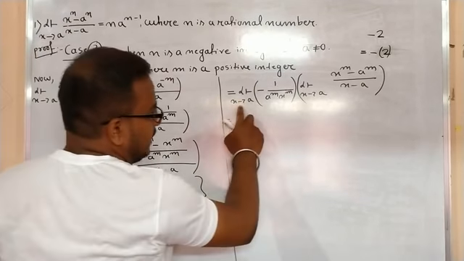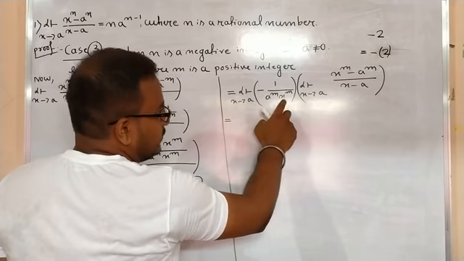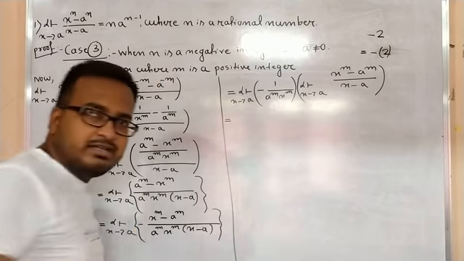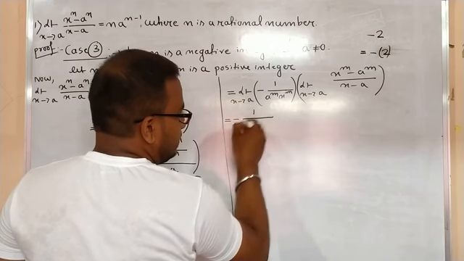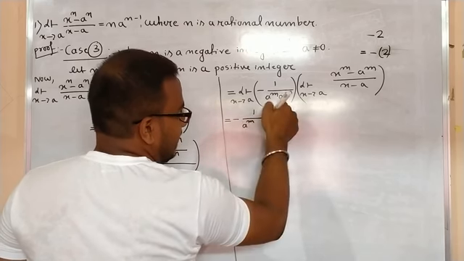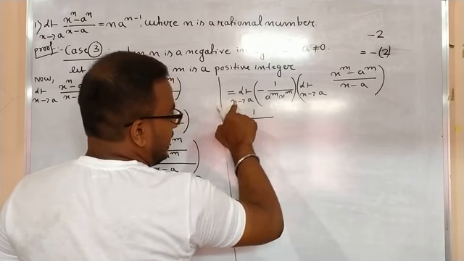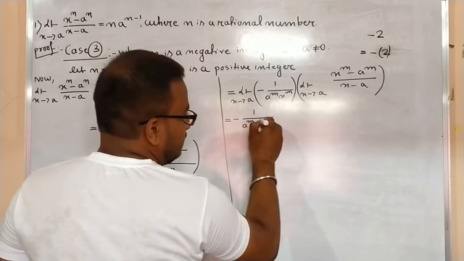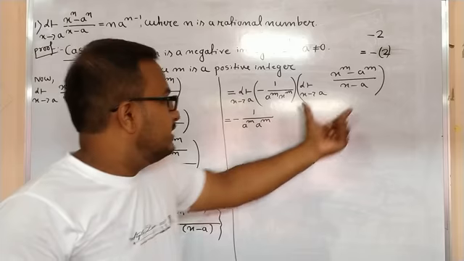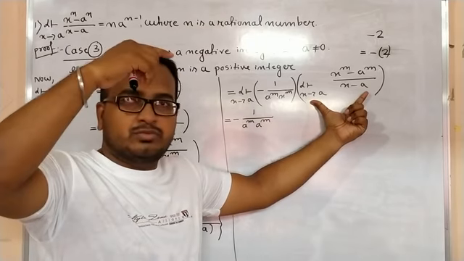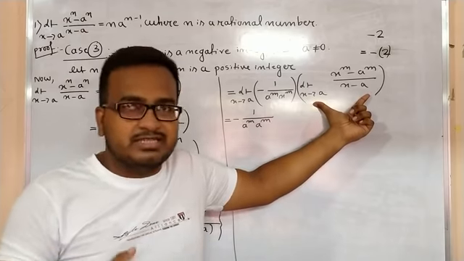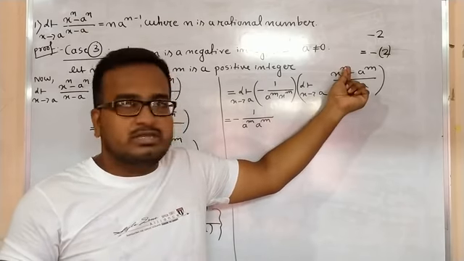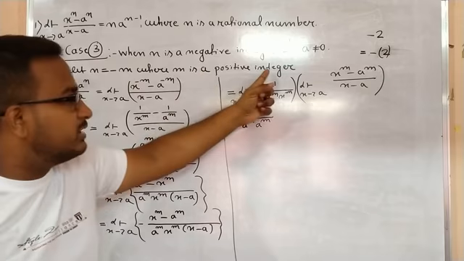Now I can easily put x equals to a, because if I put x equals to a here, this function is still defined. Okay, so this is minus 1 by a to the power m, and here I put x equals to a, so it will be again a to the power m. And now you see, this result is same as case 2, isn't it? Because already in case 2 I have proved it for positive integer, but here also this m is a positive integer, right?